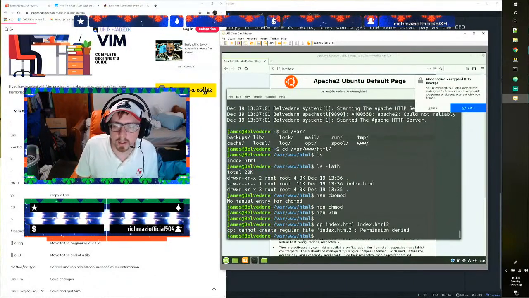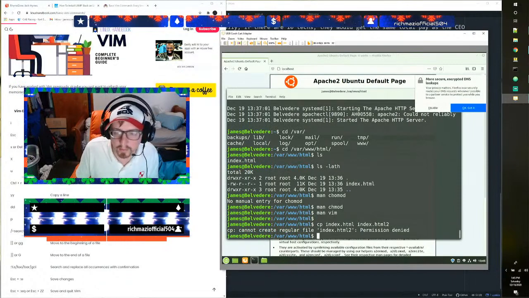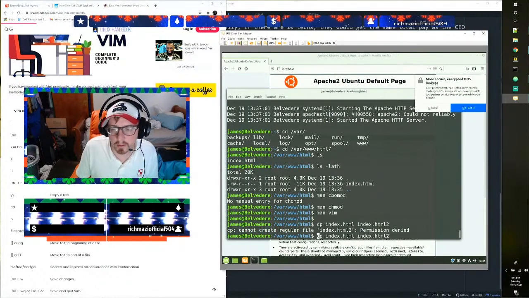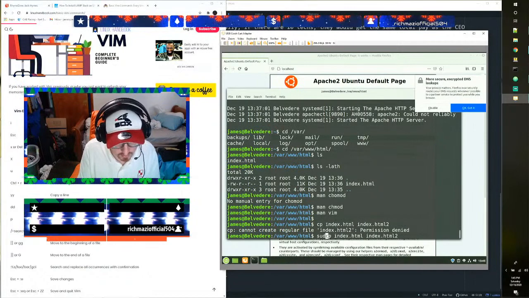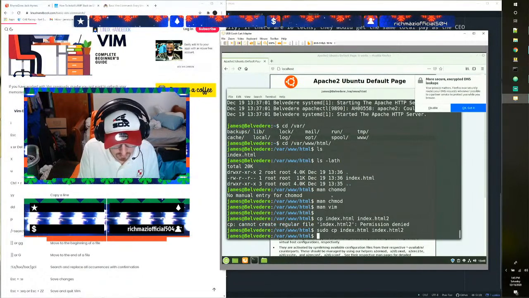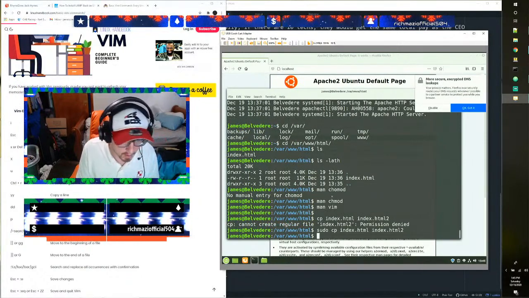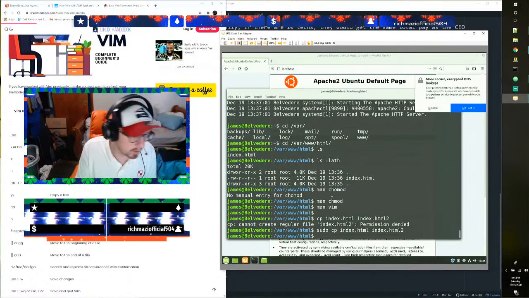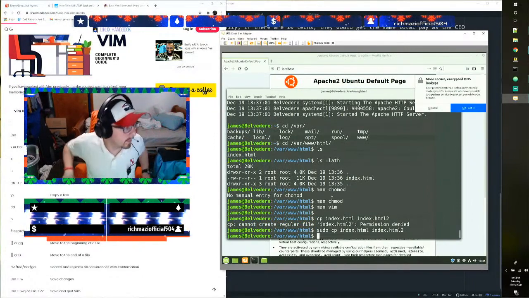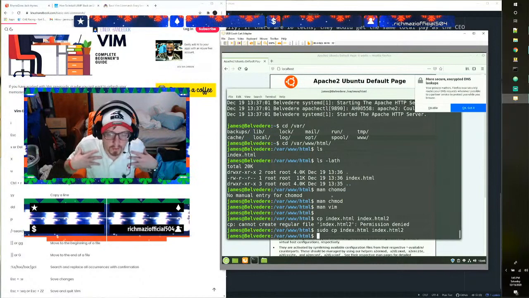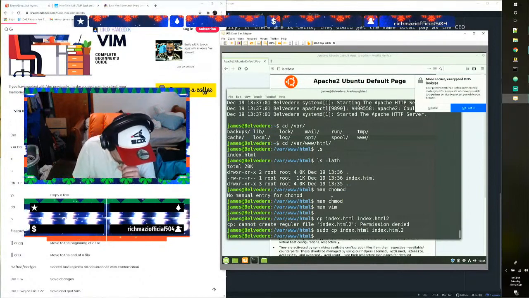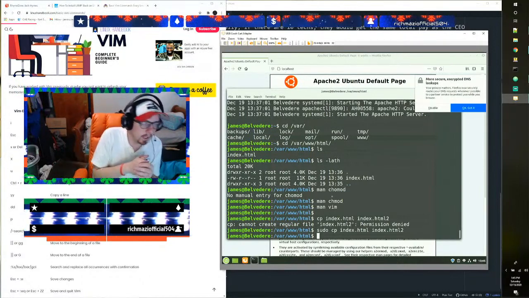Oh, look, cannot create. Okay, what's that mean? It means I don't have the permissions, right? So I can either, watch this, do sudo. Boom. Now, obviously, this is probably going to give me problems moving forward, right? With just being able to access stuff in there. So there's a little command